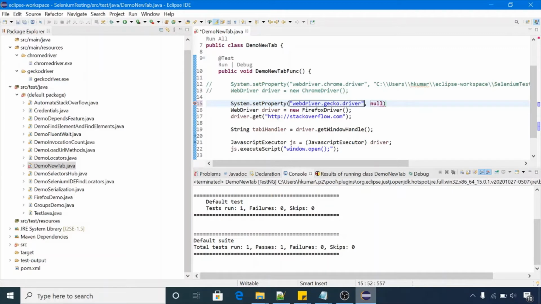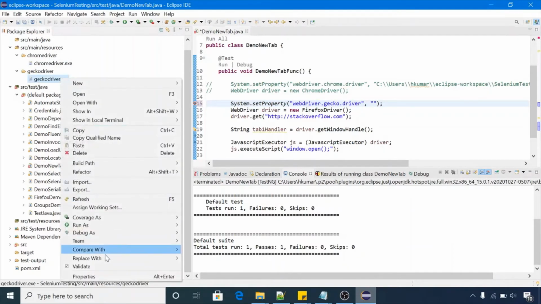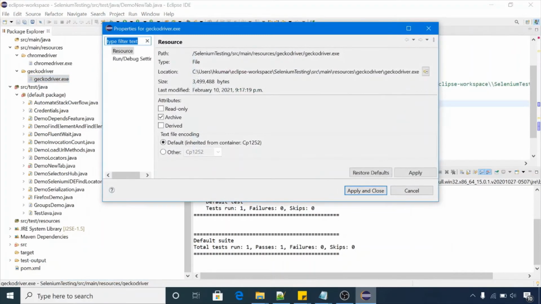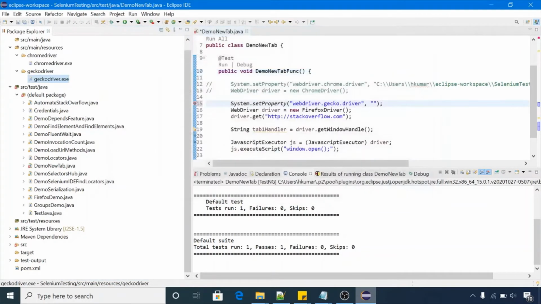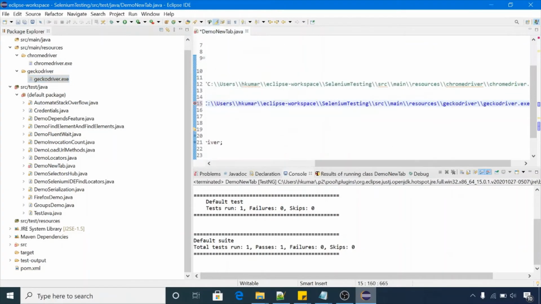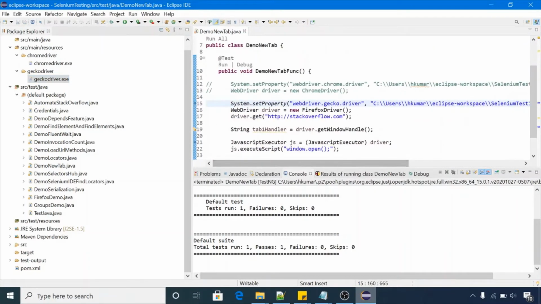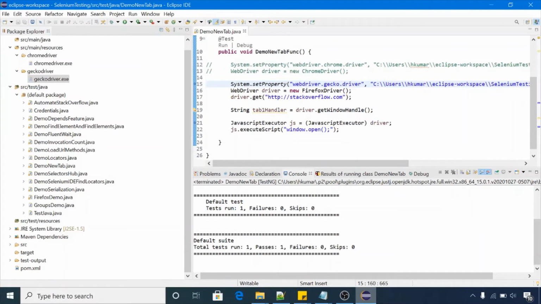Then we need to pass the path of geckodriver.exe. So this is the path of geckodriver.exe. Right click here, Properties, copy this path and paste it here.